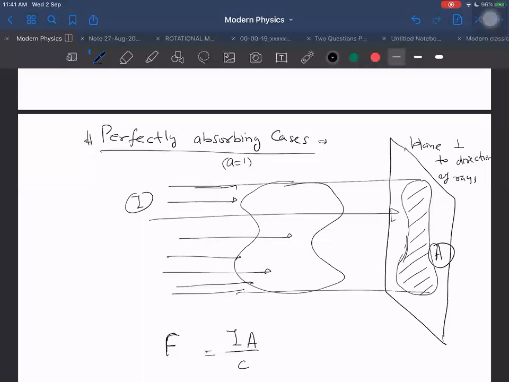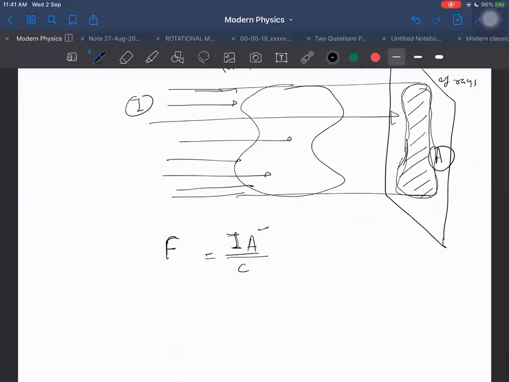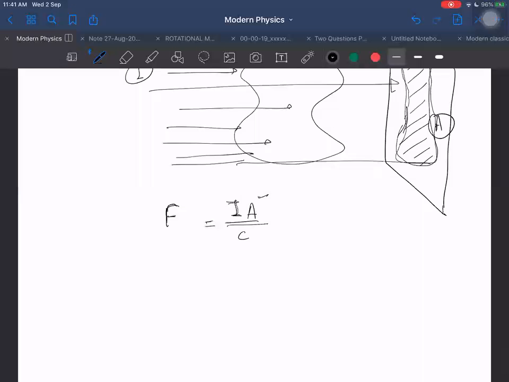How to obtain that? Quickly, we can obtain it in this way. I will take a plane perpendicular to the direction of incident ray, and if somebody has given me the shadow of the object in that plane, then let us say that shadow area is A. Then that area is important for us, and the remaining things we don't need. I into A upon C will be the answer. This can be asked for other shapes for which the shadow is easy to find out.